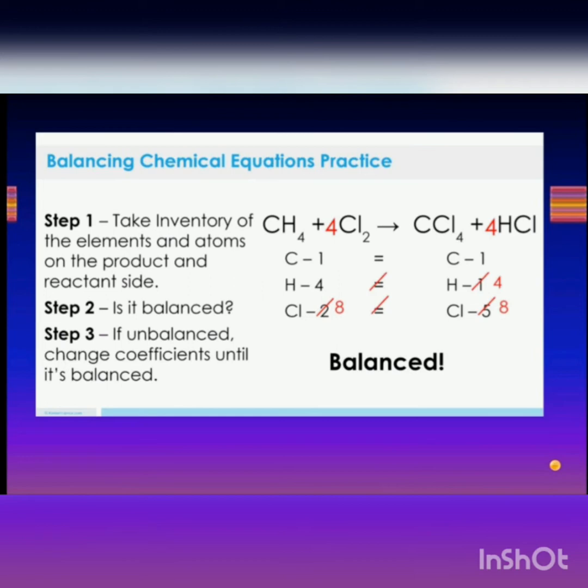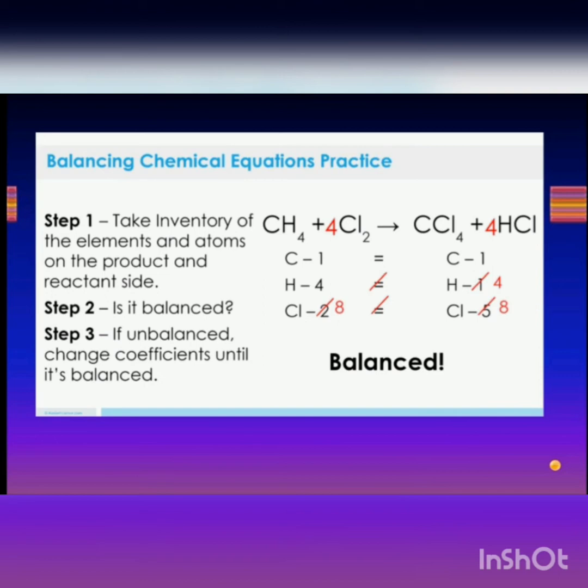So what we need to do is write the elements on both the sides, and write the number of atoms present. So carbon is balanced on both the sides, so we do not have to touch anything with regard to the CH4, that is methane, or CCl4, that is carbon tetrachloride. These two compounds on the left and right, we just don't have to write anything in front of them. Now come to the next one, hydrogen. It shows the hydrogen has 4 atoms on the left hand side, so naturally we have to make it 4 on the right hand side.